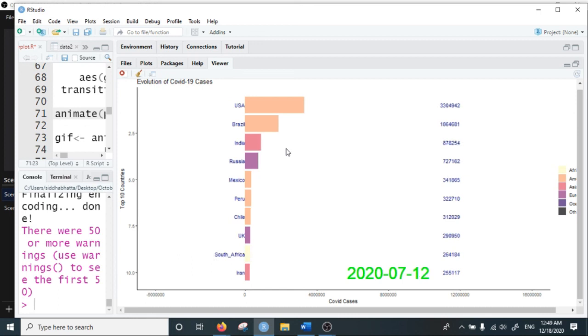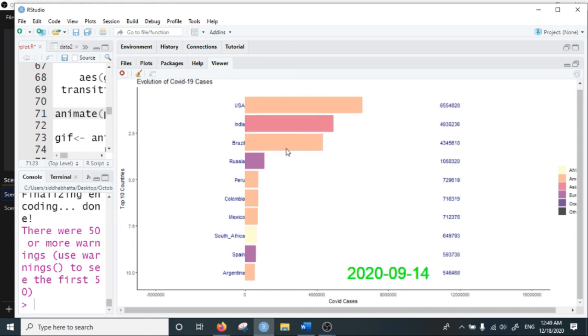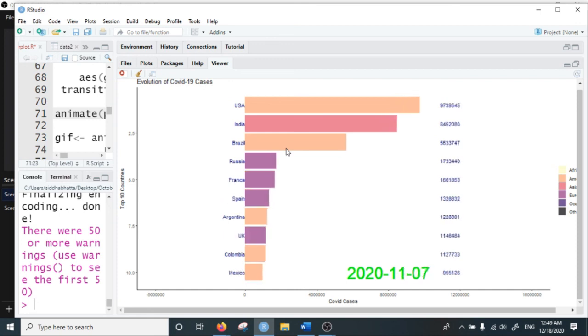Up to July, okay, we see that US, Brazil, India had a rapid increase in the number of COVID cases after July. Okay, US has crossed 12 million,